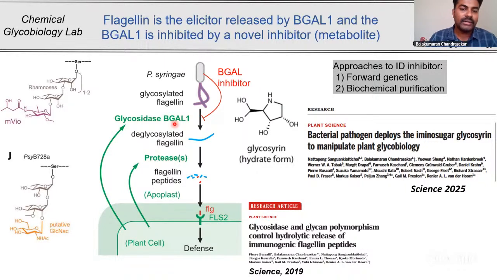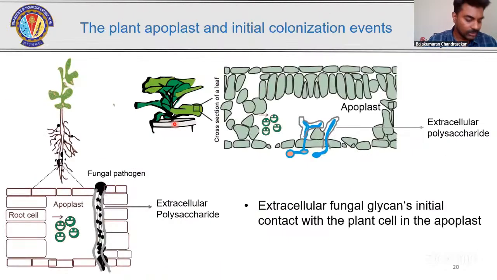So this is the part which I carried out during my PhD, and during this you can see the importance of different sugars, especially viosamine, GlcNAc, and also the beta-galactosidase inhibitor, and how they all come into the context of plant-bacterial interactions. So let us shortly see what happens in the apoplast when the fungus is going to colonize. I have already told you that the apoplast is not only the site for bacterial multiplication.